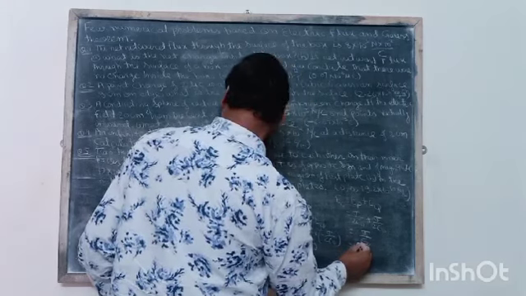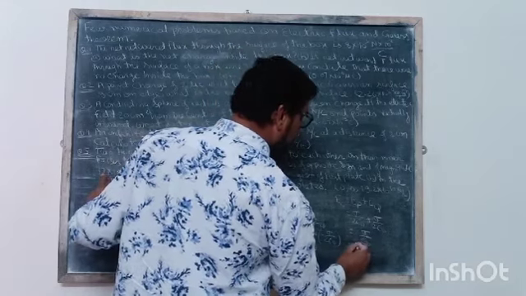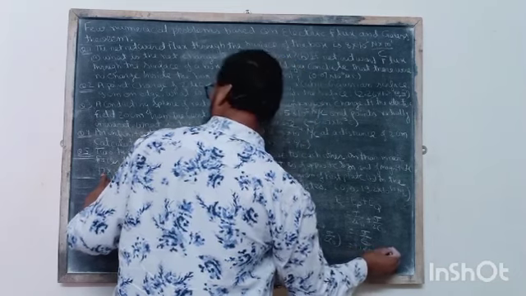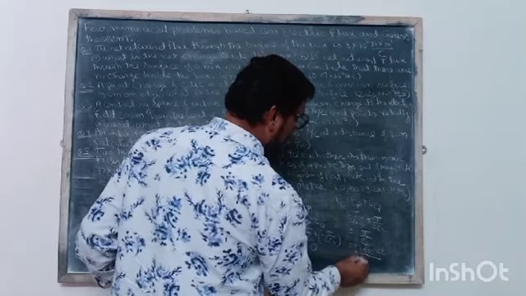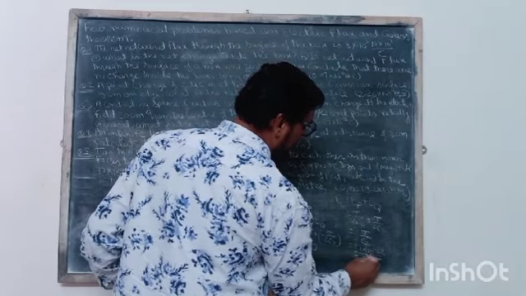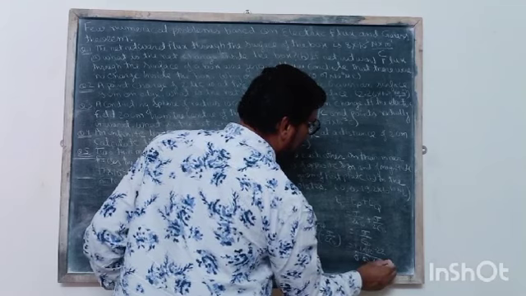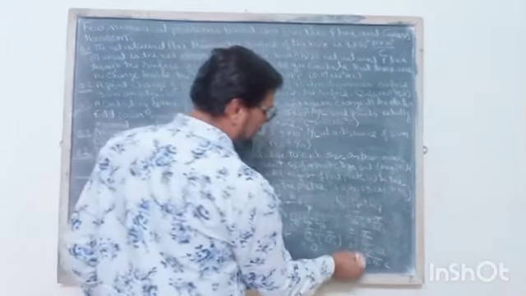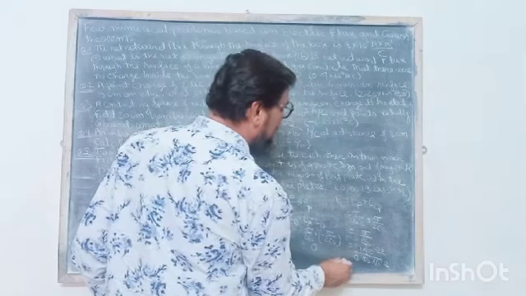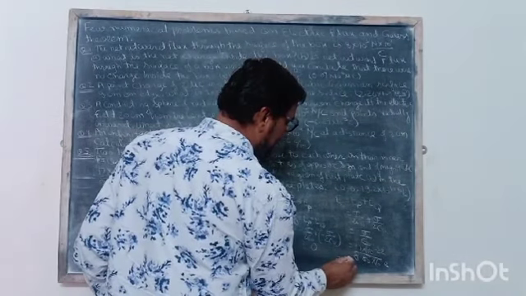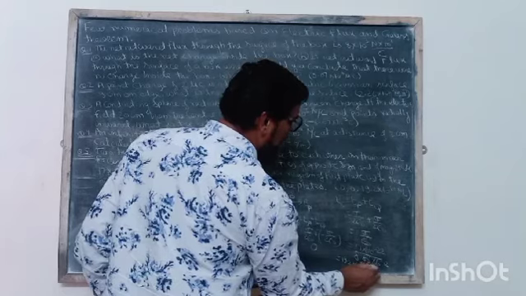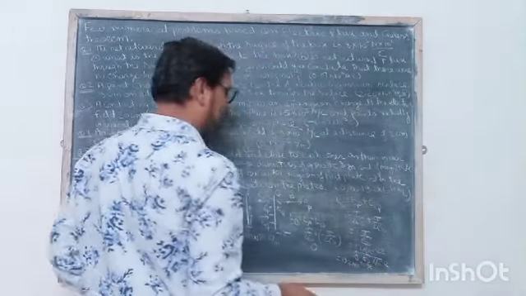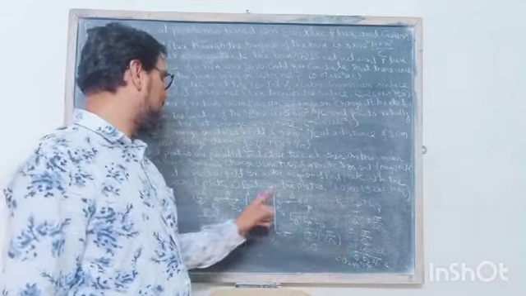The value of sigma is 17 into 10 raised to the power minus 22 upon 8.85 into 10 raised to the power minus 12, and when 17 is divided by 8.85, the answer will be 19.2 into 10 raised to the power minus 10 Newton per coulomb. This is the magnitude of electric field intensity between the plates,